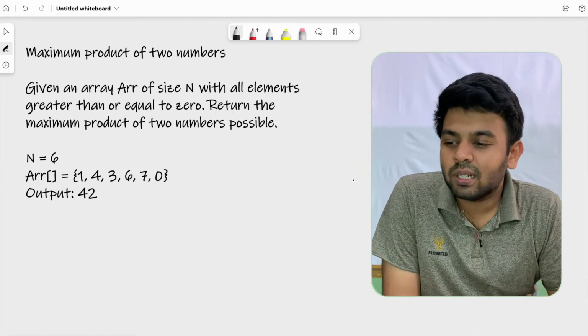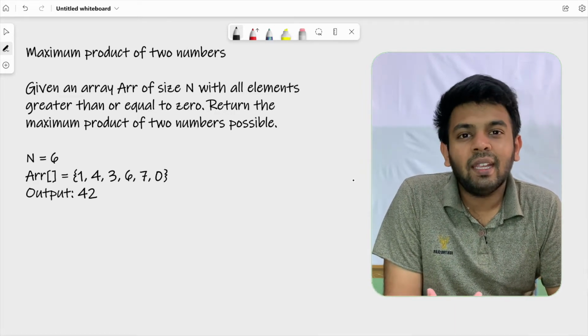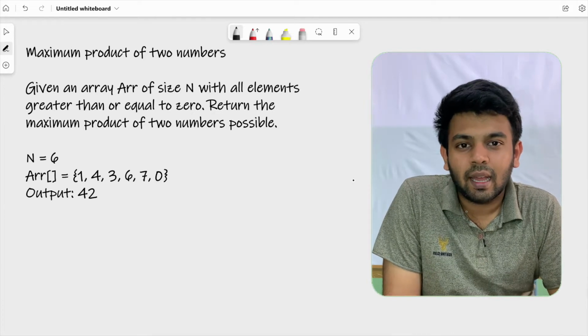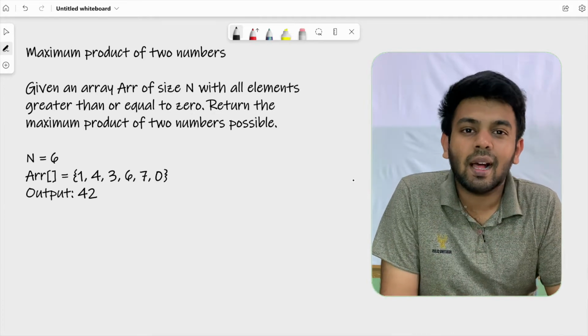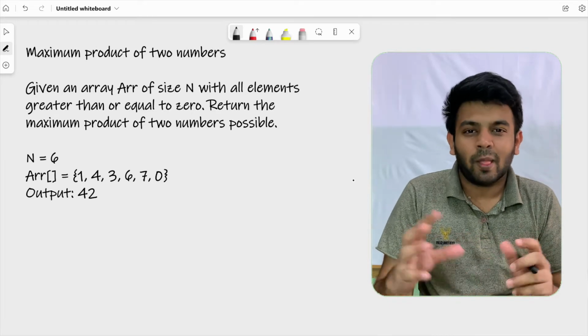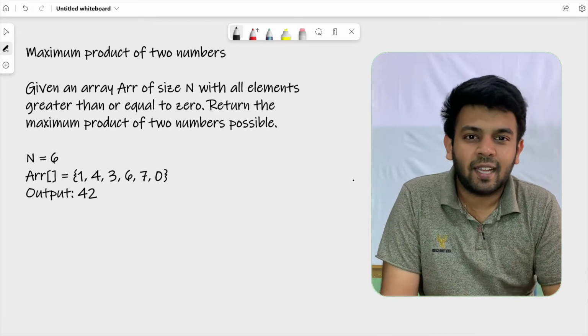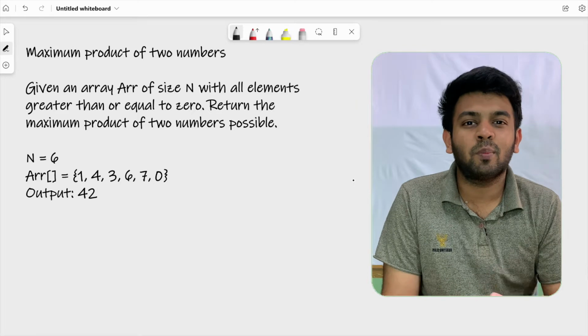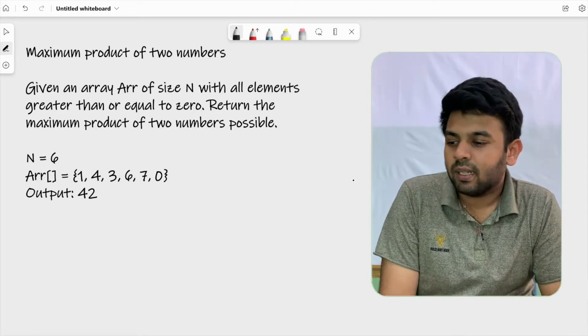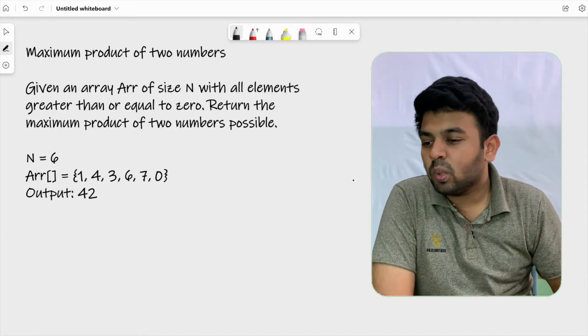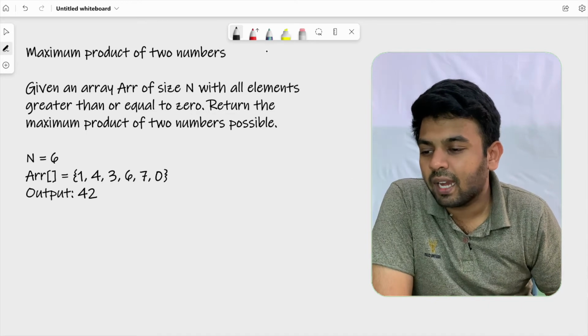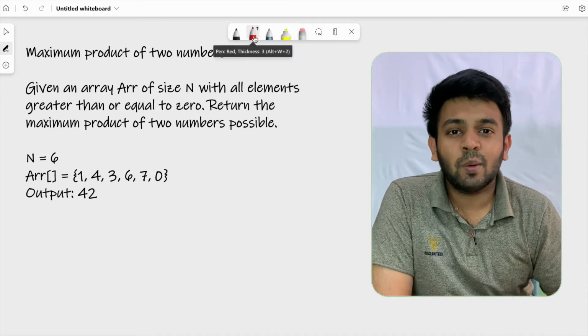So a simpler approach would be finding two large elements, and obviously their product would be the largest one, right? Because it's multiplication, two large numbers multiplied together will produce a larger number. So you are supposed to find two large elements in this array, and we are just supposed to return the